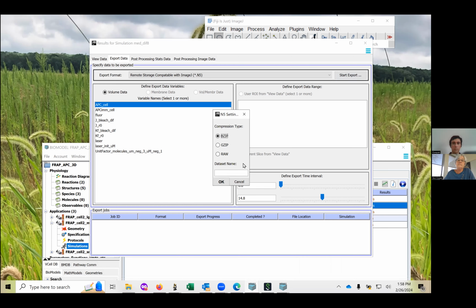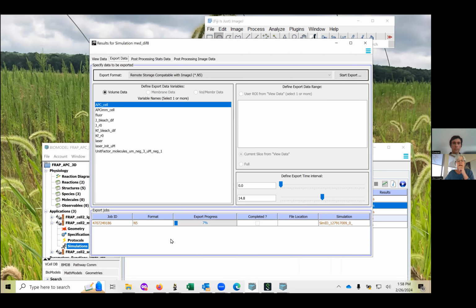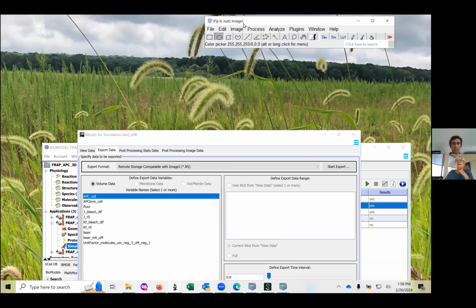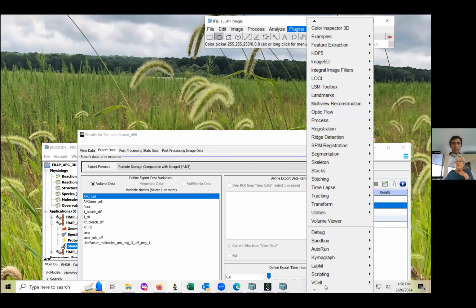And there's a number of different compression types, and I'll just do demo 2, say okay. And it will start the process of exporting the simulation data as this N5 image format that ImageJ can read. And that will be held, it's now stored not on my computer, but it's actually stored on our servers. So I can copy that location,